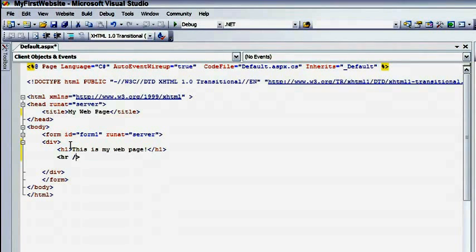You'll notice as I do this, Visual Studio provides IntelliSense to help me choose the elements which are appropriate. You'll also notice it's put a trailing slash at the end of the hr element. This is because in XML, every element has to have a closing tag, and this is the easiest way to define both the starting tag and the closing tag together. So that's one way of building up the content in an ASPX page, but thankfully there is an easy way